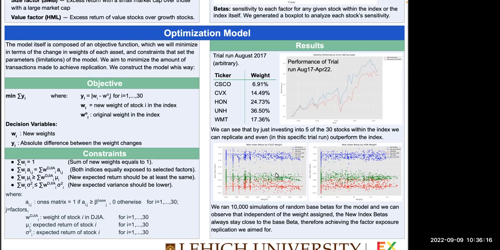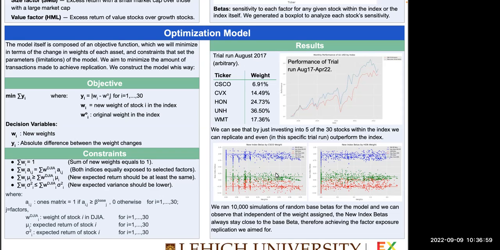It doesn't necessarily stay higher or lower, but it does stay in range, meaning for example, for the market factor, it stays between 1.25 and 0.75, which is a decent close range, given that we saw that it could have ranged between 5 and -2 or something like that. I don't remember the exact number, but the general idea is that the model worked,